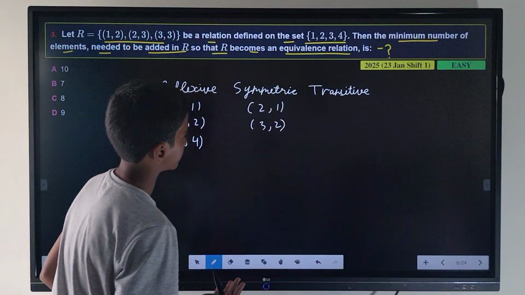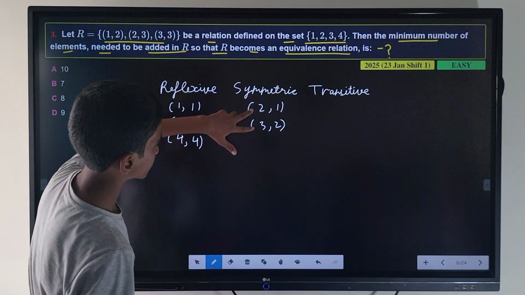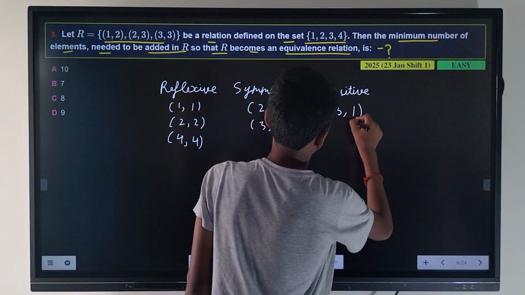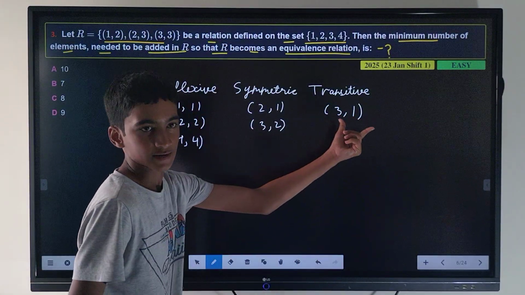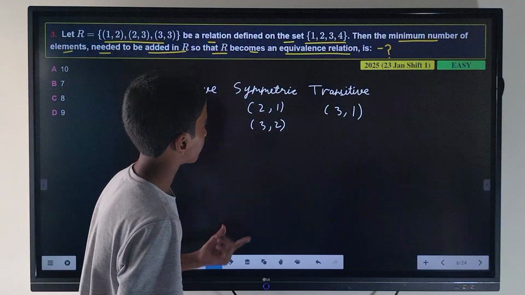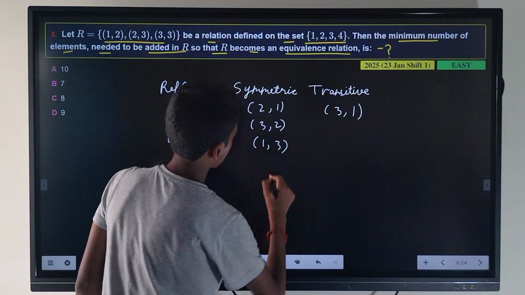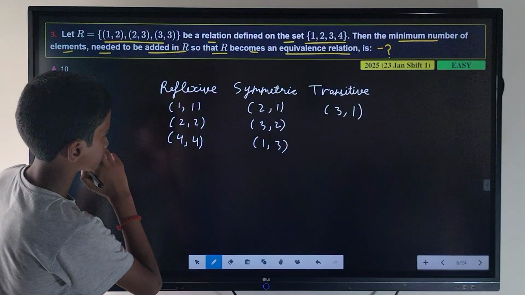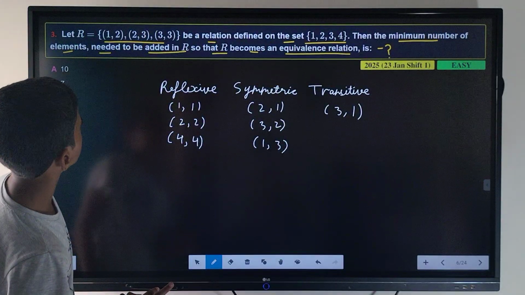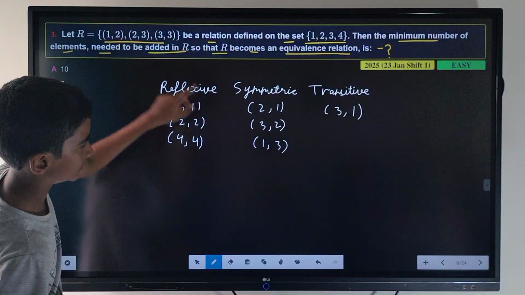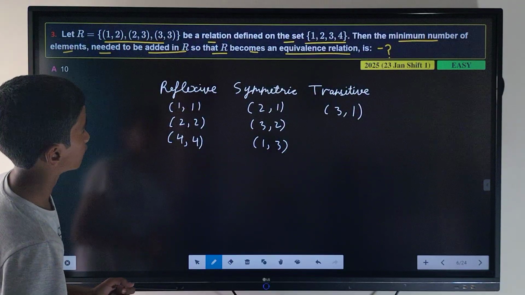For transitive, we need to add, now when we pair these two, we will get (3, 1). And if we add the element (3, 1) for transitive, then for symmetric, we need to write (1, 3). Let's check for others. (1, 2), where we have in the question. From these two, we will get (1, 3). Here also we have it. So from here,